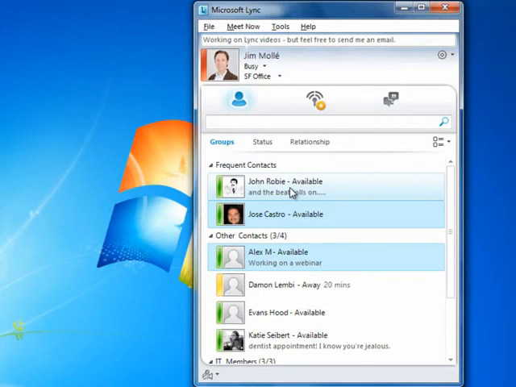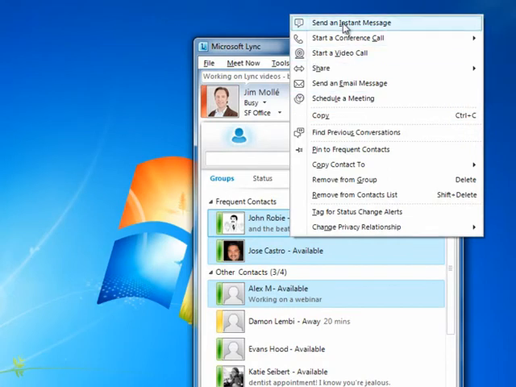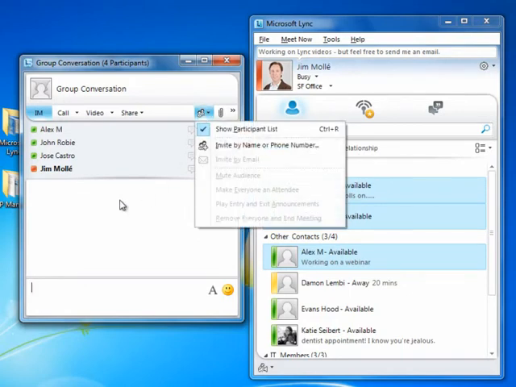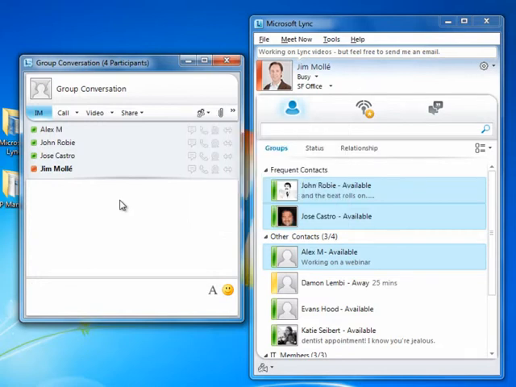With these three contacts now selected, were I to right mouse click any of them and then choose the option of Send an Instant Message, you'll notice that all three of these contacts are now added to the conversation window. So, in other words, you'll not have to start a conversation with one particular person and then bring in the others by using the People Options button, but rather select multiple contacts at the beginning and then execute the Begin Instant Message Conversation command to begin a conversation with multiple people simultaneously. Here now, if I typed in a particular message in the bottom part of this window,